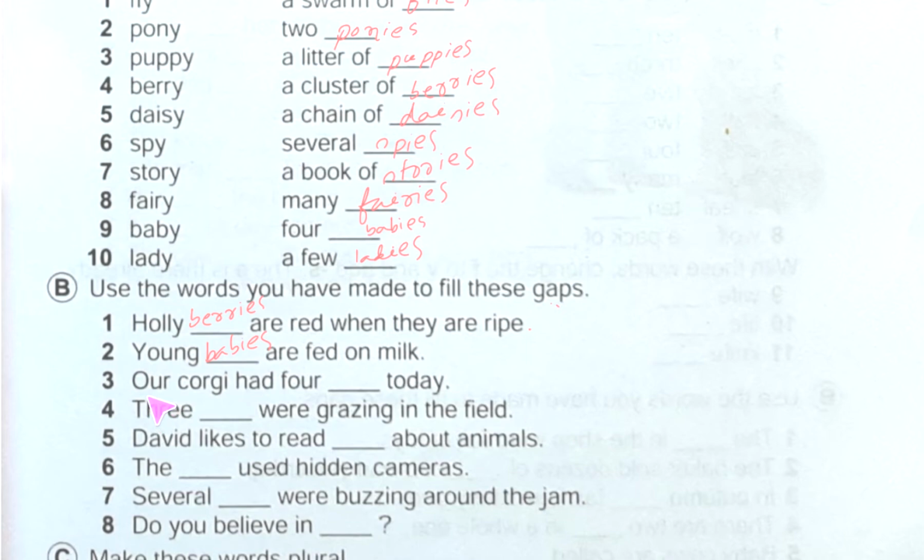3 number, our corgi had four dash today. Here it will be four puppies. Next one, 4 number, three dash were grazing in the field. We can write in this place what? We can write here ponies. Three ponies were grazing in the field. 5 number, David likes to read dash about animals. What can we write here? David likes to read stories